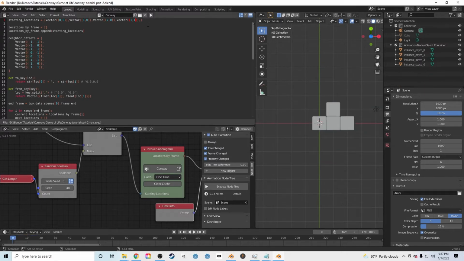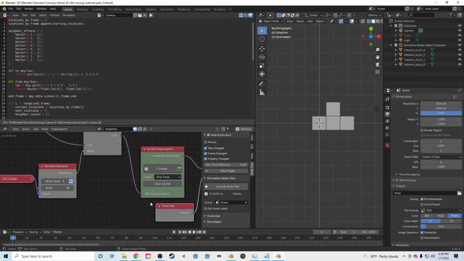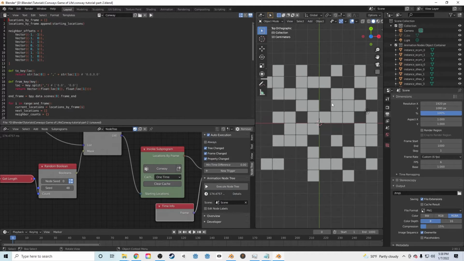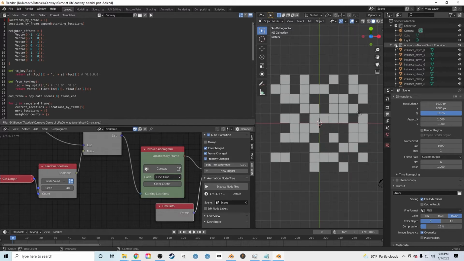That's cool if you're a savant. I am not, so I devised a graphical approach. Okay, so let's clear the cache, execute the node tree, back to our random configuration. Okay, so first thing I want to do is I'm going to hide the nodes in the animation